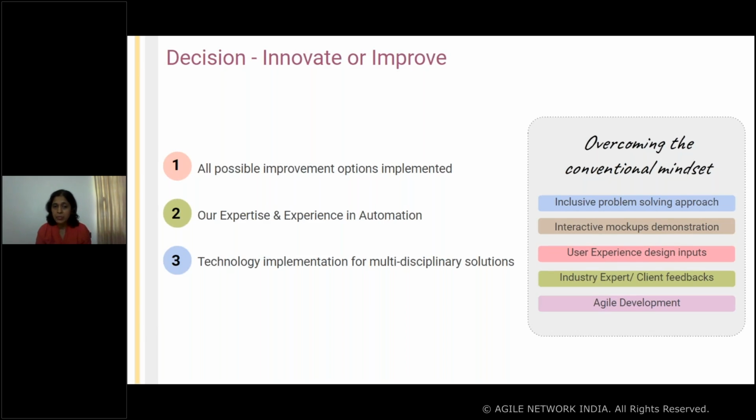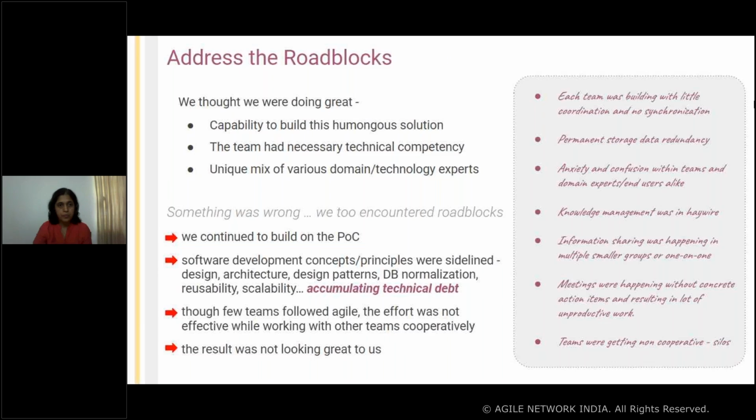There were some teams which were already following some agile to some extent, but we made sure that it is scaled, more and more teams are getting involved, and the entire project team is following the agile practice. So that is what we did. Now, addressing the roadblock,